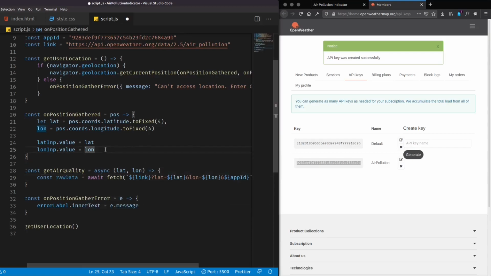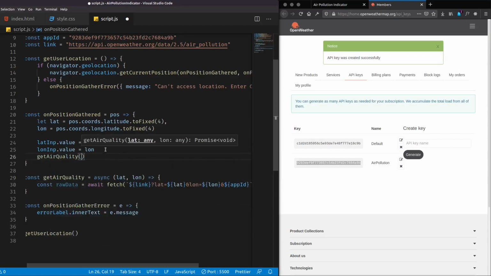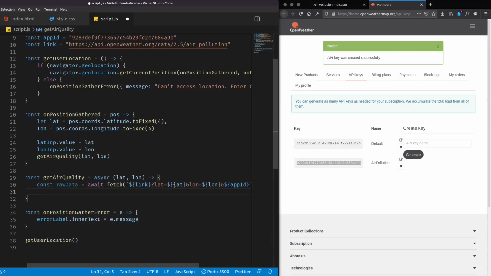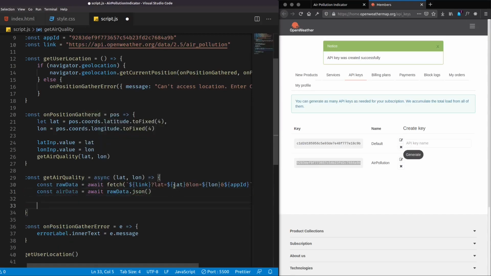Let's call this function and pass our latitude and our longitude. And once I fetch this data, I need to convert it back into JSON. So I'll define a variable called airData, and this also needs to be awaited, that is rawData.json, and here we get our data, airData.